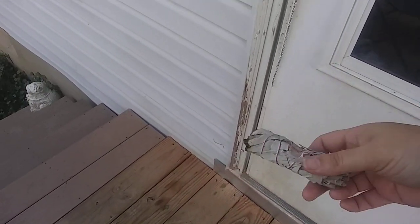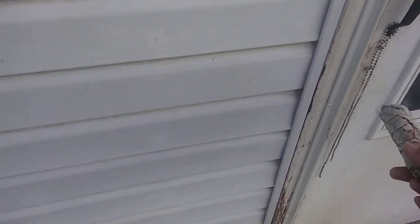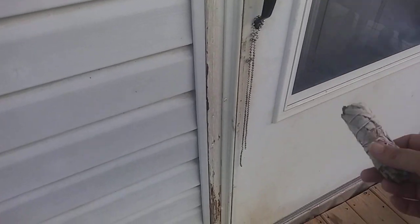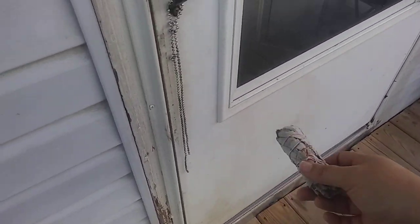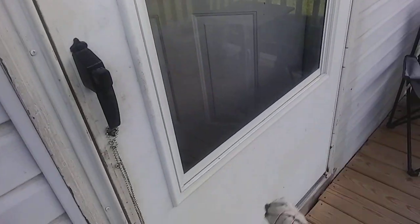We have a kitty that has a little cold if you hear sneezing. We rent a home, so unfortunately some things need to be fixed and repaired, and it's not the prettiest door we're looking at, but so